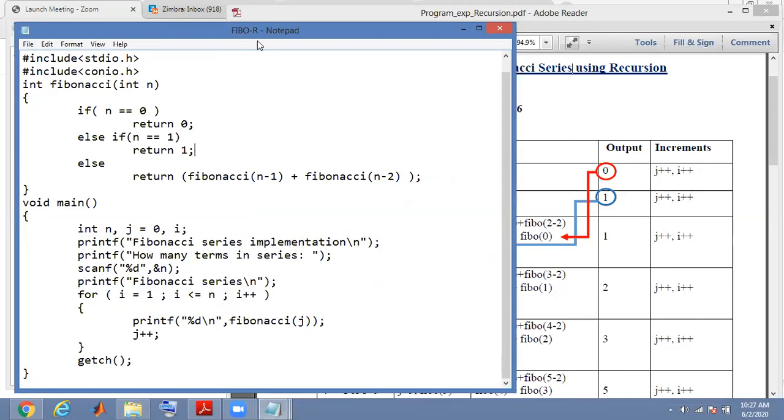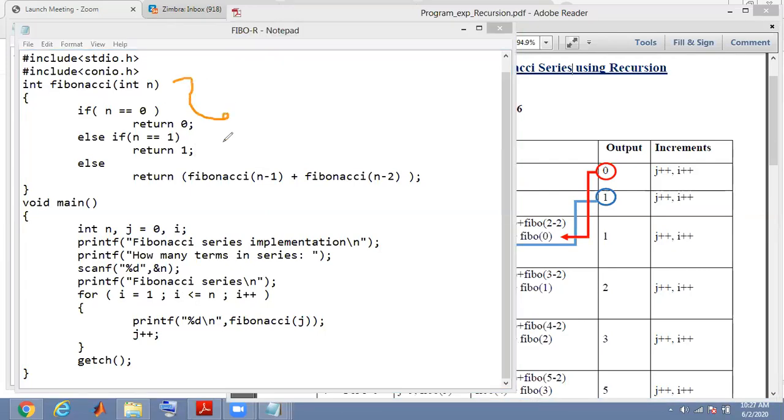In this program, the Fibonacci function has been declared along with the definition just before the main program, at the starting of the program only. Before main, the function is defined. But our execution will always start from the main function, so we'll start the discussion from here only.